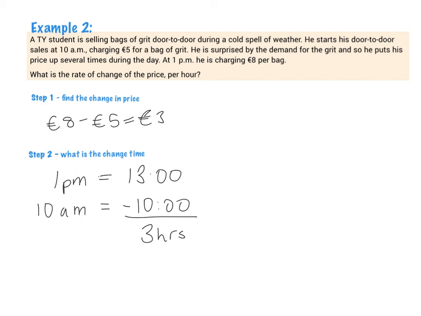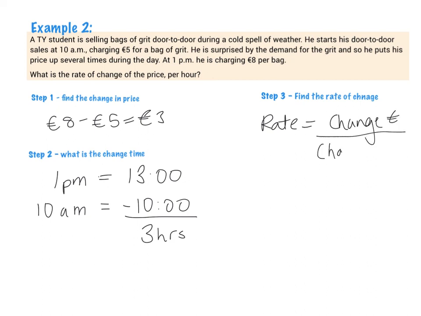And the last step then is to find the rate of change. So step 3, finding the rate of change: the rate equals change in price, change in euro, all over change in time. And what that means is he's going €3 over 3 hours, which is very simply €1